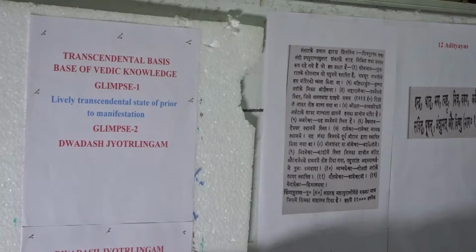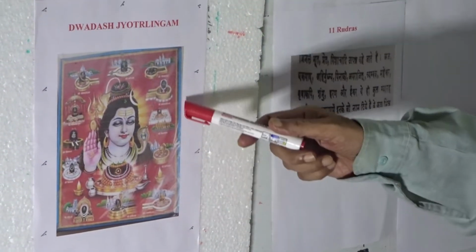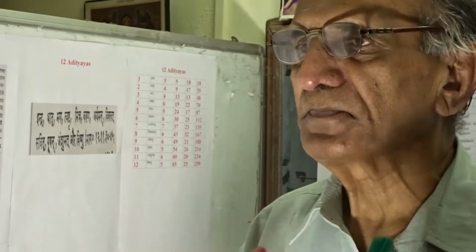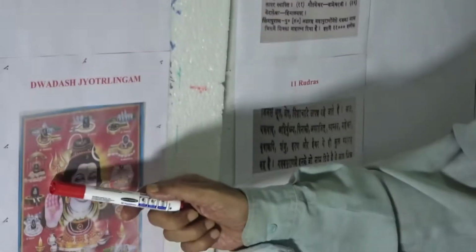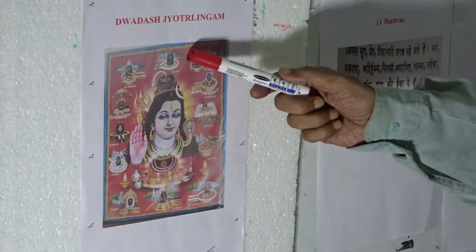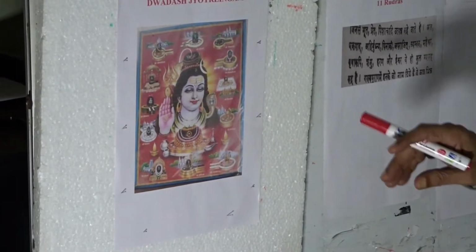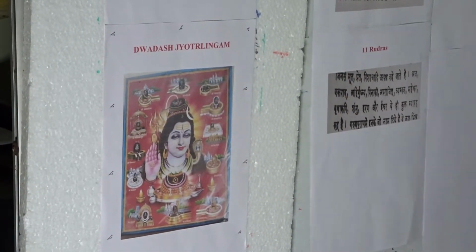Dvadas Jyotirlingam depiction as it is here is the formal format. One shall sit comfortably and sequentially glimpse these 12 expressions of Jyotirlingam. These 12 Jyotirlingam have been